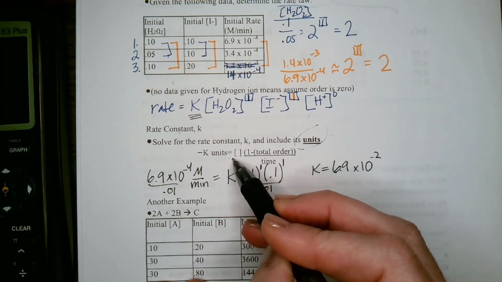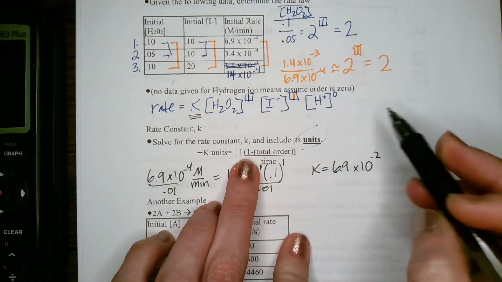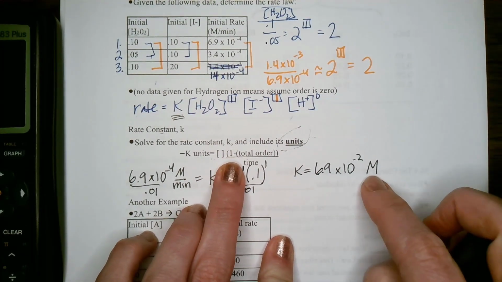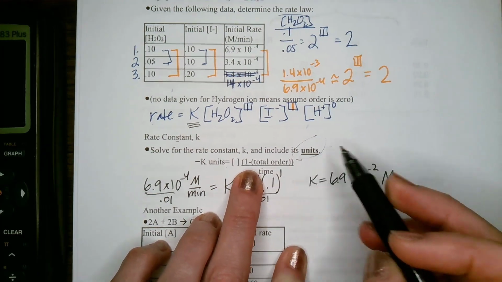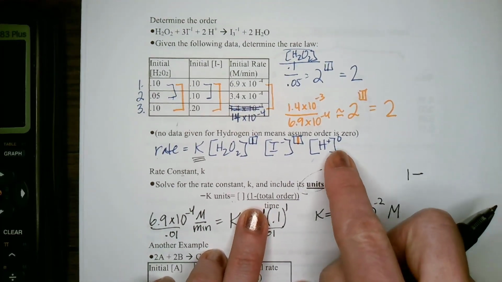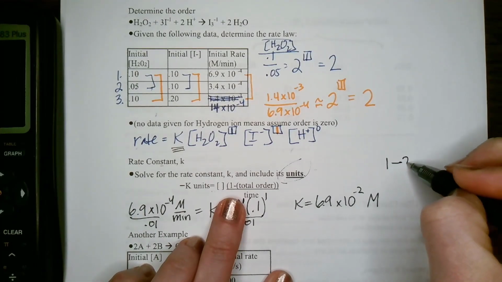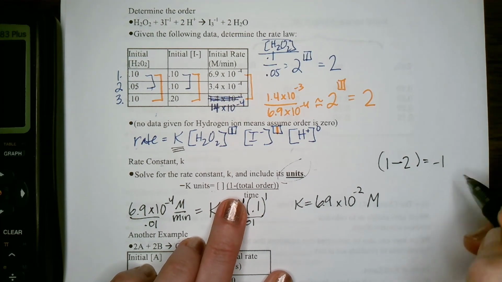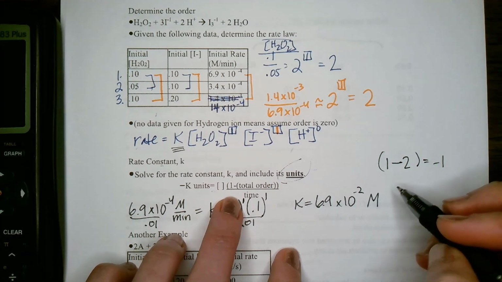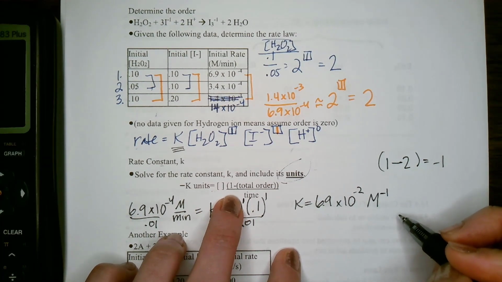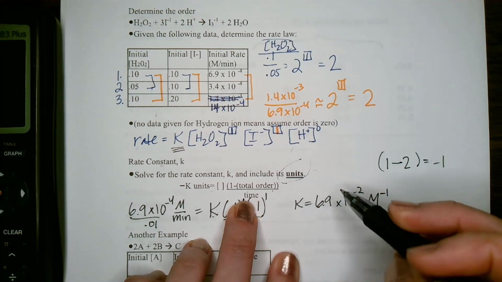Now, when we get to units, this is our concentration, 6.9 times 10 to the negative 2. So we need to write M for molarity, concentration, to the 1 minus the total order. The total order is 0 plus 1 plus 1, so 2. 1 minus 2 is equal to negative 1. So we're going to do our concentration of molarity to the negative 1